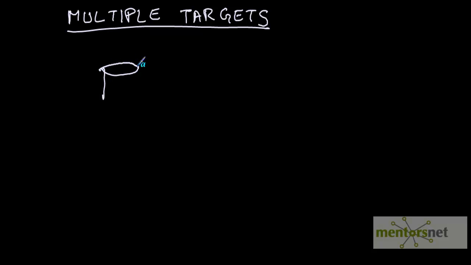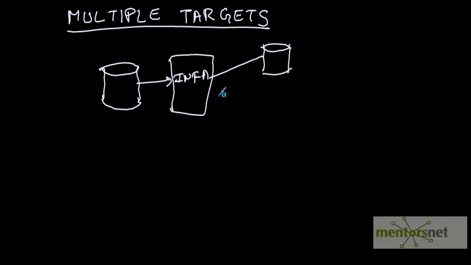Let's see a scenario where we take a database table and, using Informatica, load it into a table as well as a flat file with the same data. So this is a flat file and this is a database table. This is also a database table. Let's take our employees table as an example and see how to do this.